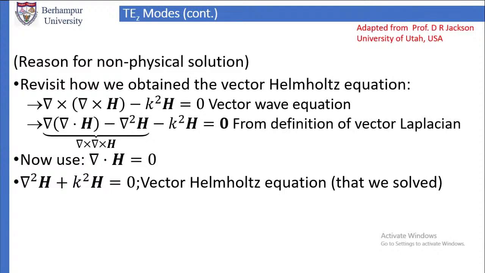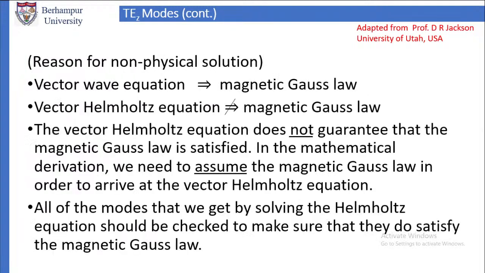Then only we got the vector Helmholtz equation. Now, the vector wave equation gives us the magnetic Gauss law that we have seen. The vector Helmholtz equation does not give us the magnetic Gauss law if m is equal to n is equal to 0. Why? Because when m is equal to n is equal to 0, we are finding the solution for Hz from the Helmholtz equation, and that solution